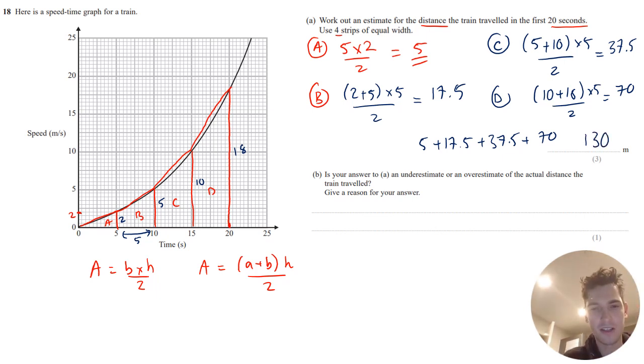Okay, part B. Is your answer to A an underestimate or an overestimate of the actual distance? Well, here, let's have a look at the bits that I have counted. So these extra bits I have counted in my area because they were part of the trapezium, but they're not actually the area under the graph. So actually what I've got here is an overestimate,